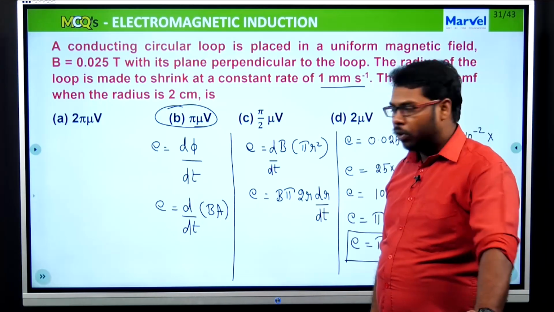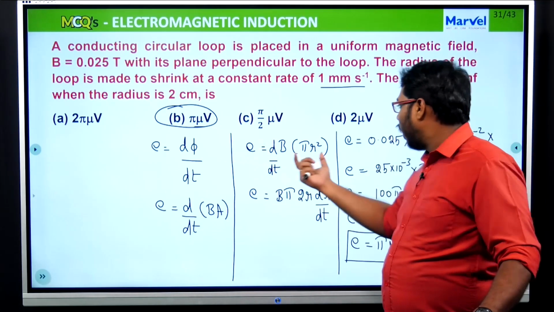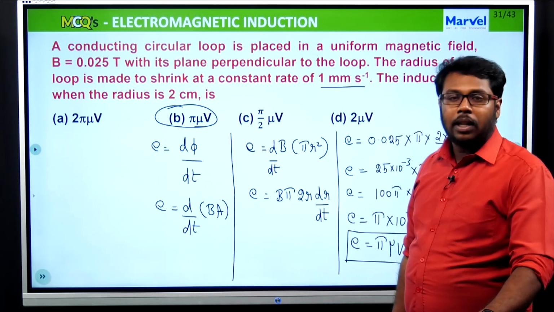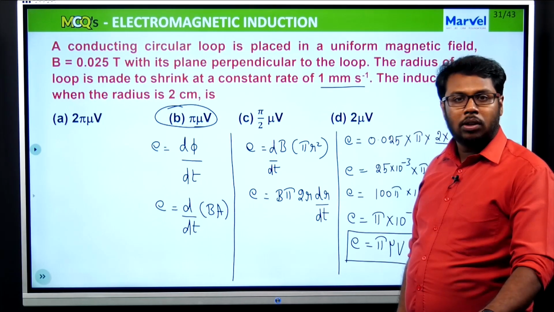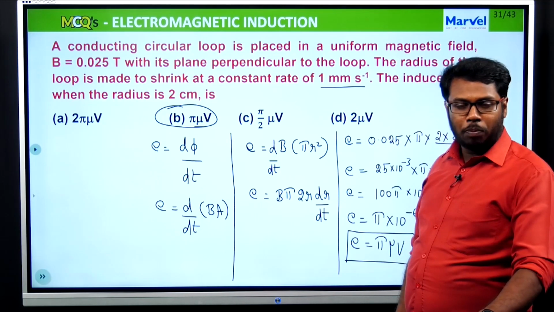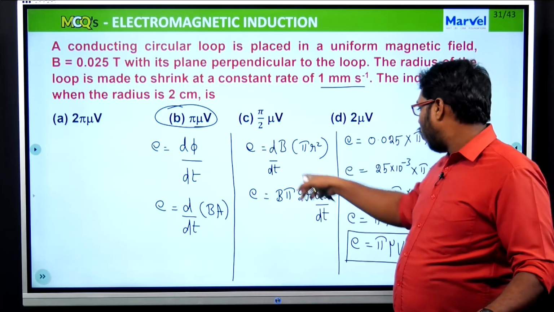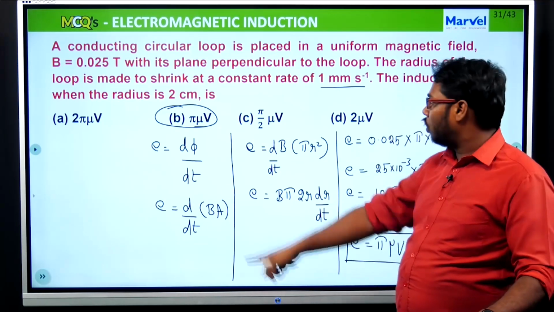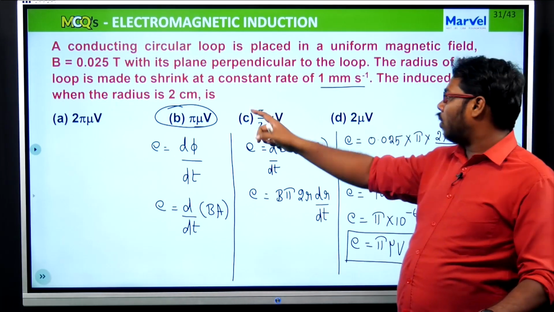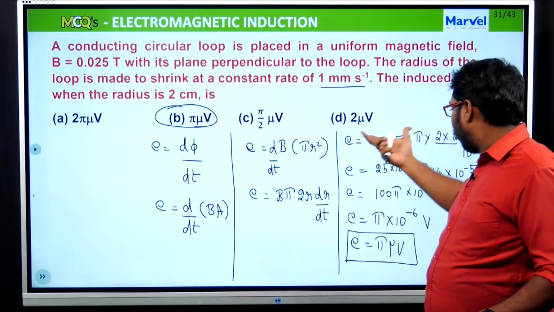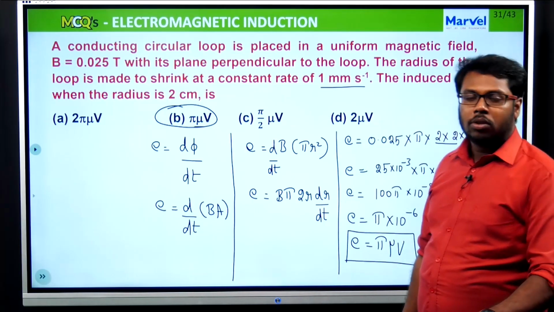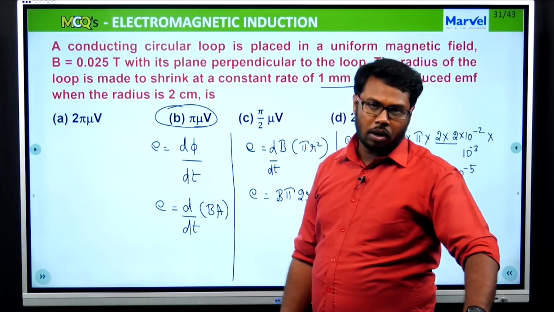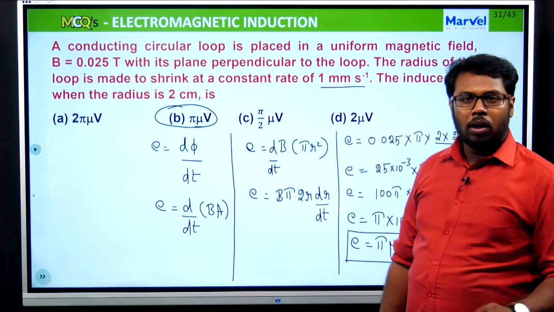All you have to do first is differentiate the area, knowing that the EMF gets induced because the radius of the loop is going to change. I have accordingly written the equation, and I took all the values from the question and plugged them in accordingly. So this is how things really work here. So we move to the next question.